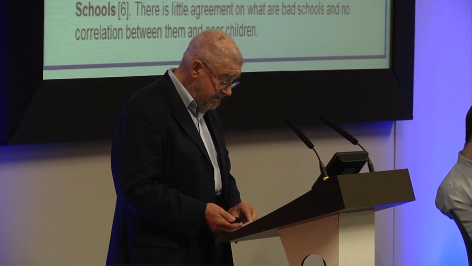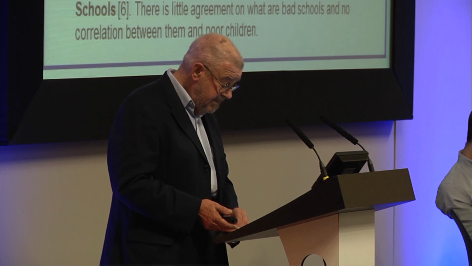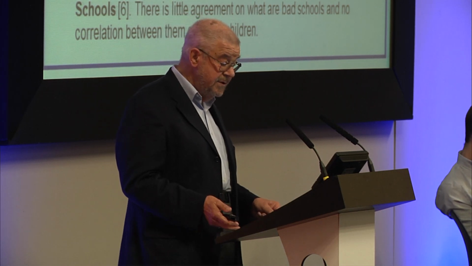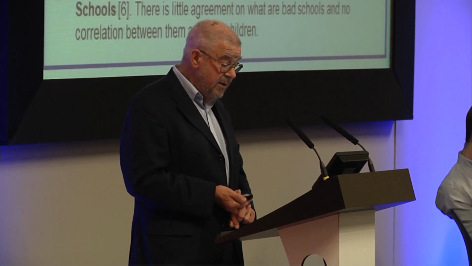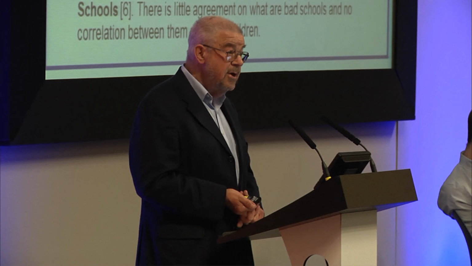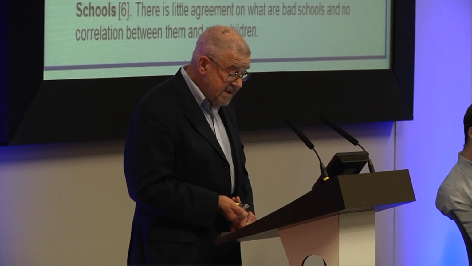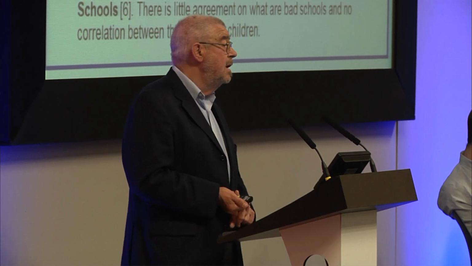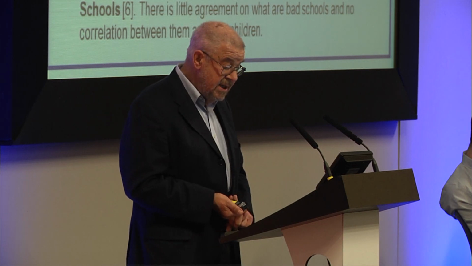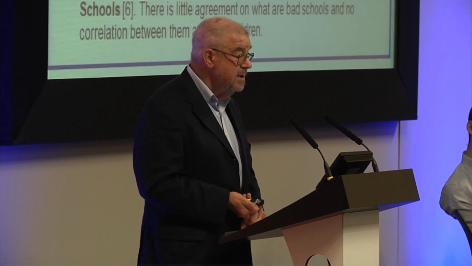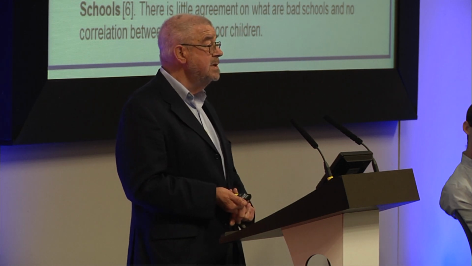In any case, what's meant by poor neighbourhoods or schools is greatly disputed. These are public goods and beyond the control of individual households. The evidence since the Plowden report is that most people living in what are described as poor neighbourhoods are not poor, and most poor people don't live in poor neighbourhoods. As for what a poorly performing school is, that's a matter for ideologists and educationalists. It has no place as an indicator of poverty, since it's another condition suffered by children in those schools, irrespective of their family income situation.